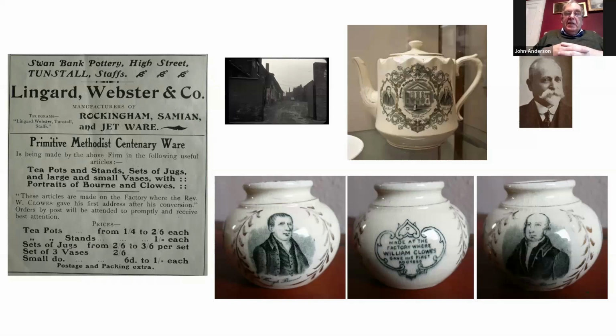at the top is of the pottery. It was a bit woe-begotten. I just about remember that bit, the building of that old pottery, and it was a very, very run-down sort of place. But anyway, the chap on the left is